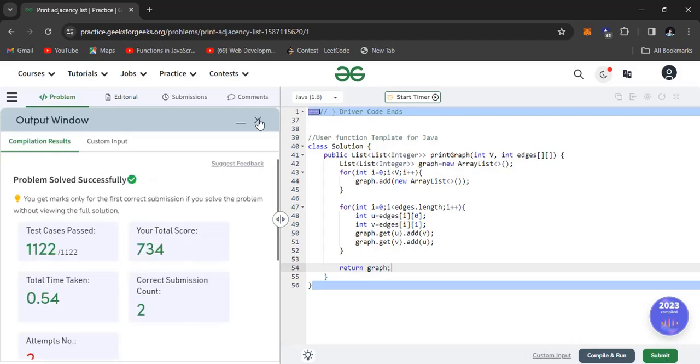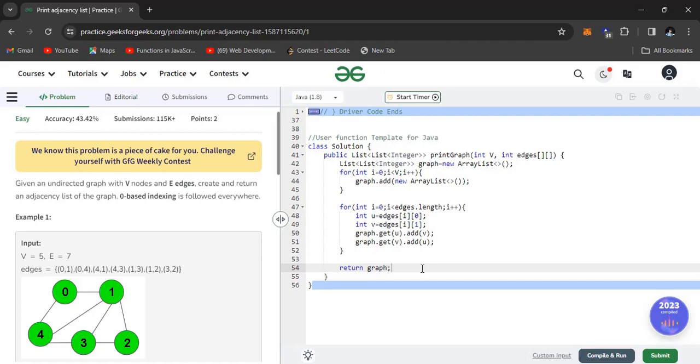So we have done it. This is the method to create a list of lists, that is, to create an adjacency list. We can create an adjacency list by these steps.